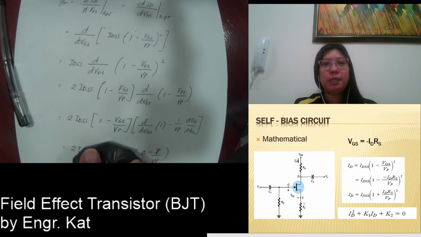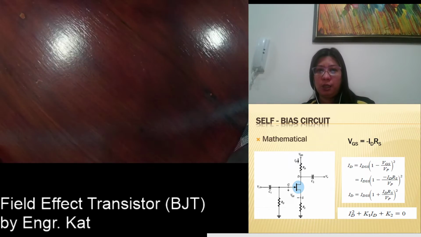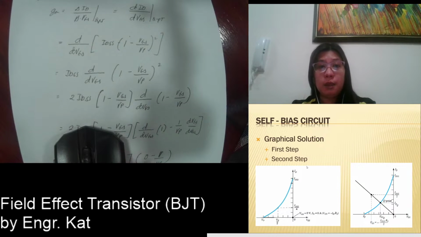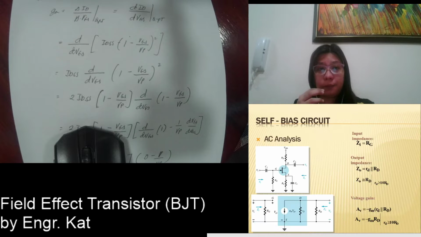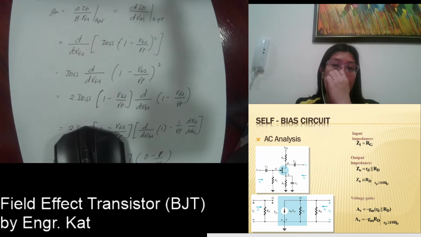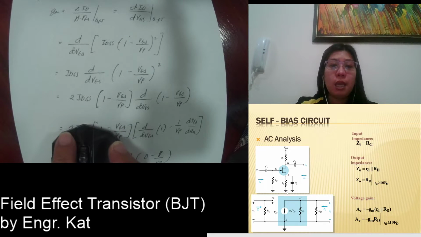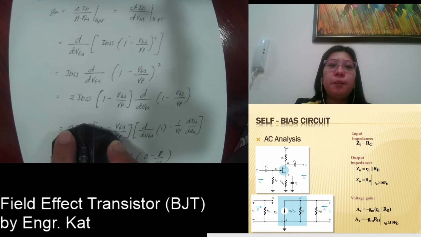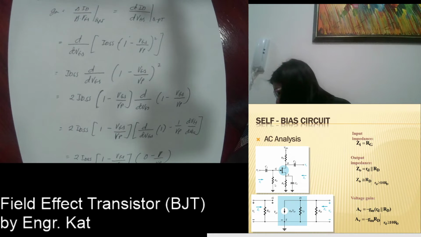Now, the second type of circuit is your self-bias circuit. Okay, so how does your self-bias circuit look like? So this is how your self-bias circuit looks like. Okay, so as you can see, we don't have your VGG anymore, but instead we have your RS. So analyzing that further,